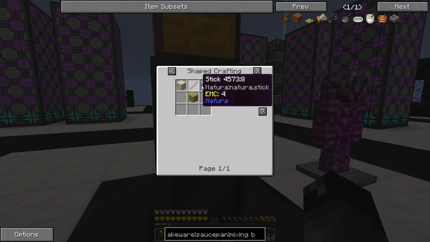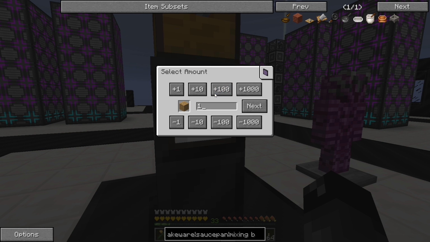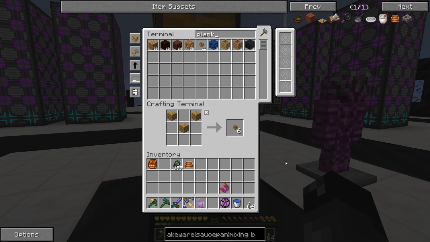So a mixing bowl, very easy. 3 planks and a stick. All right, let's do some planks here. We'll tell the system to craft up, I don't know, 100 of those. We could probably use the extras anyway. Okay, so there's that mixing bowl. We probably want to start taking these off the list as we do them so I don't get confused